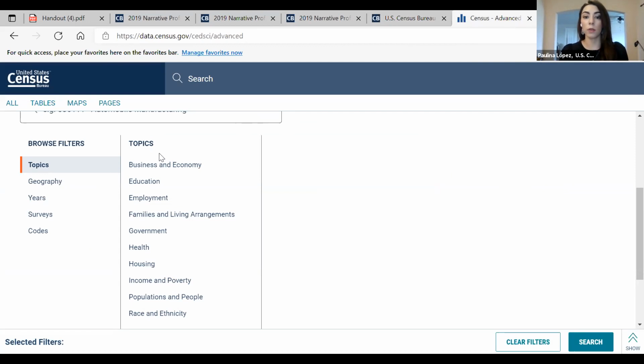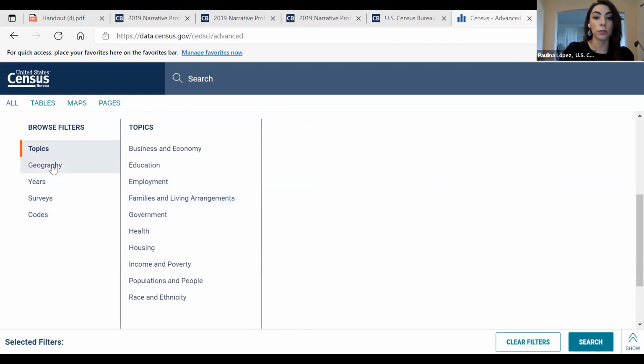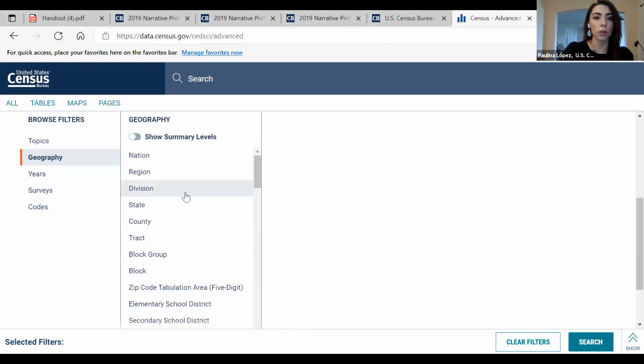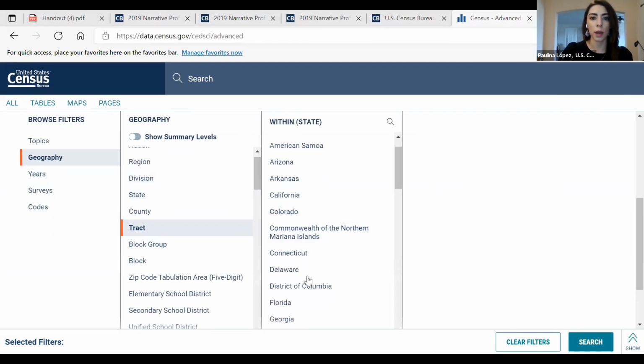So let's say you want information, and this question is from Quentin Kinnard. Quentin, are you trying to get information on maybe a county level or census tract level? Let's do census tracts, because I think that gives us more detailed information. County level.